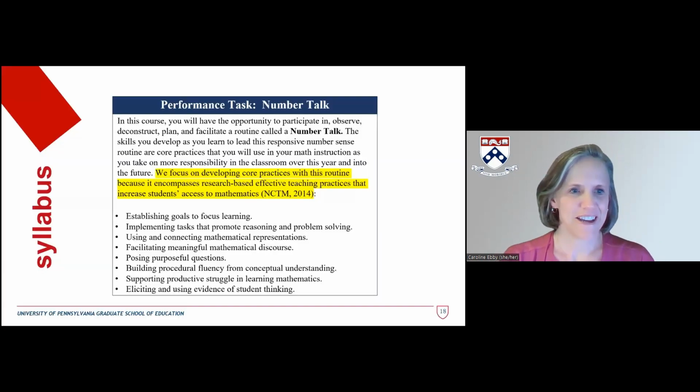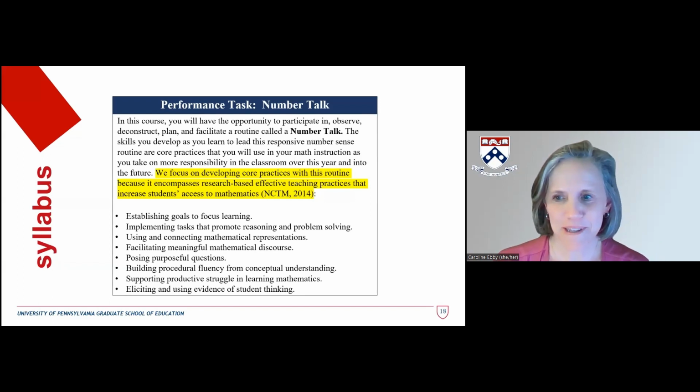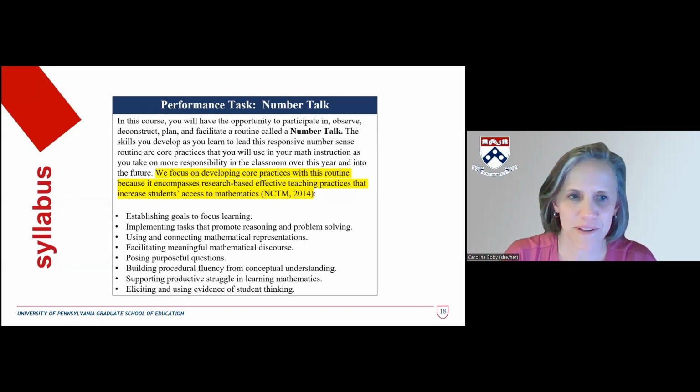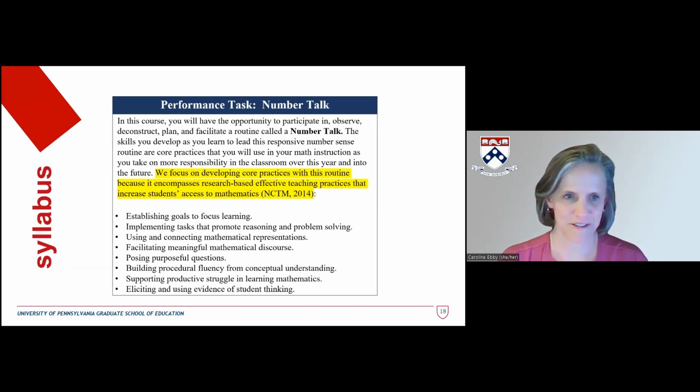But again, just like Pam said, in my syllabus, I clearly lay out that core practices are a central part of the course. That's not the only part of my course. We also focus on learning the content and learning the research on student learning and learning pedagogical practices. But learning to actually do the core practices is an important part of the course.